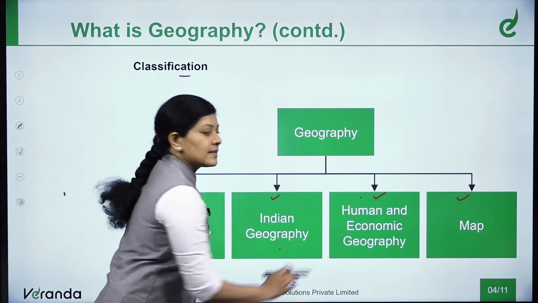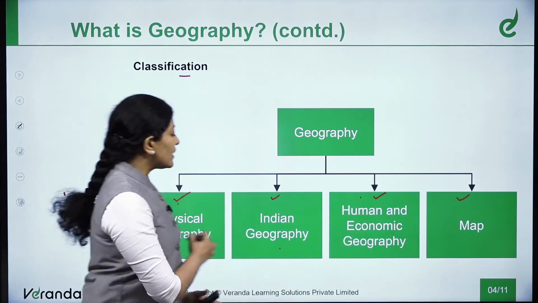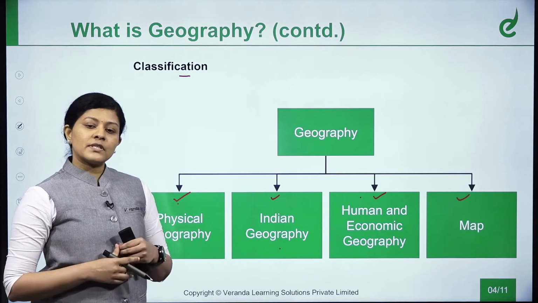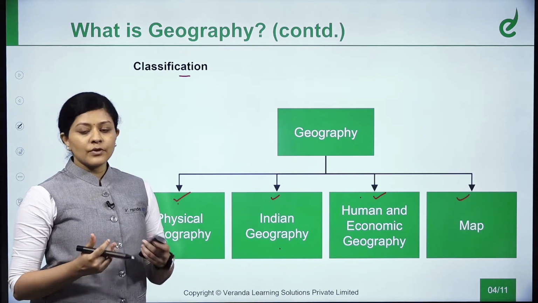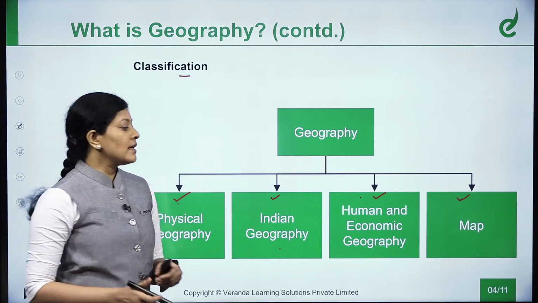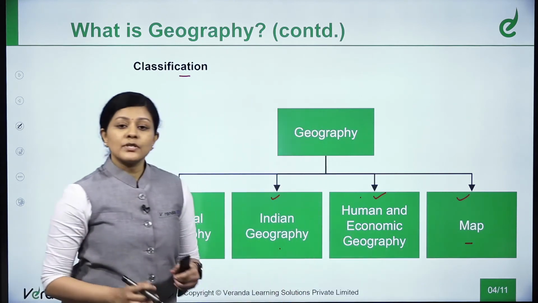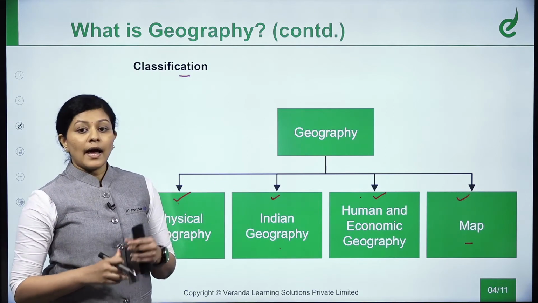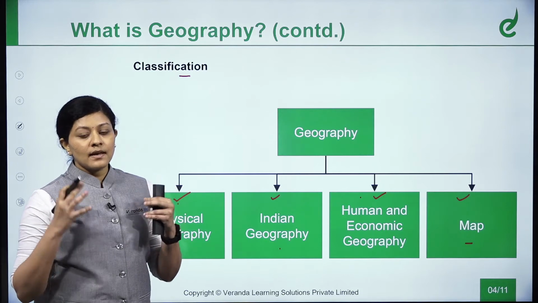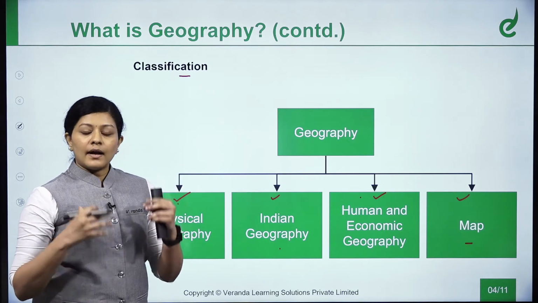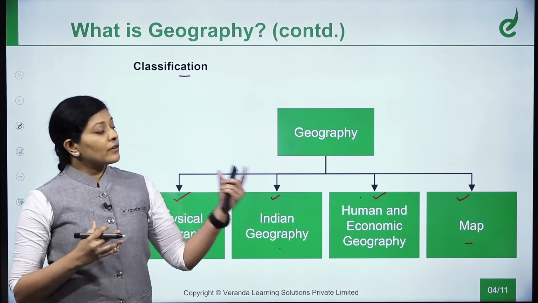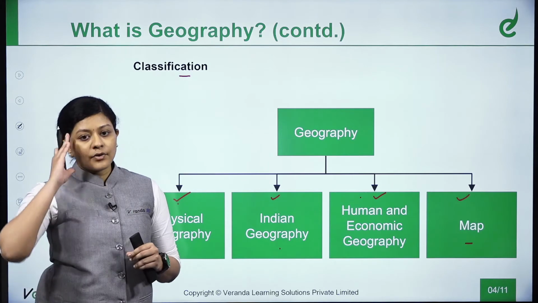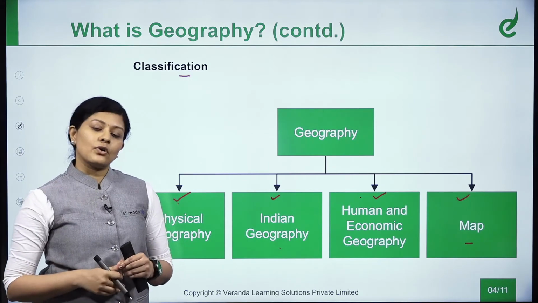We'll see all these things with map. So all these three classifications will be supplemented with map for better understanding. Obviously, we must have all used Google Maps. We use it to navigate from one place to another. Similarly, the maps in geography help us to understand; we can see the whole world in a single glance. So that is the use of maps. And the map knowledge helps you visualize things on a smaller scale, and you can analyze better. Even if someone talks about a country, you can understand where exactly it is located, in which continent it is located.